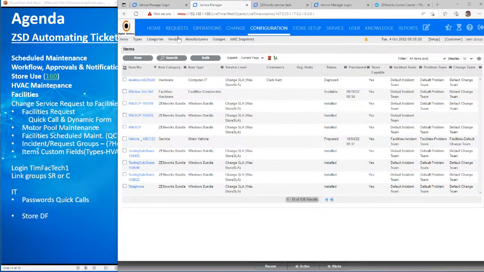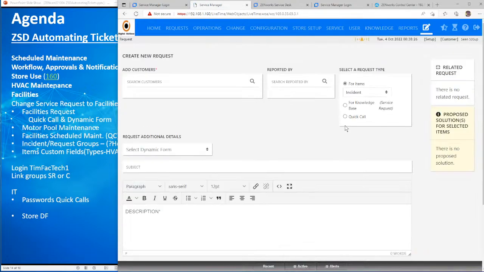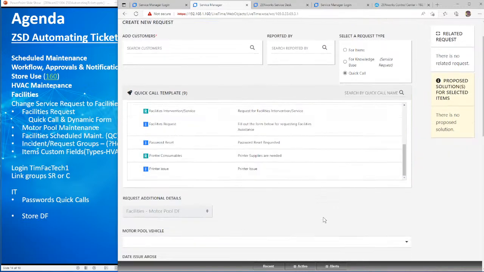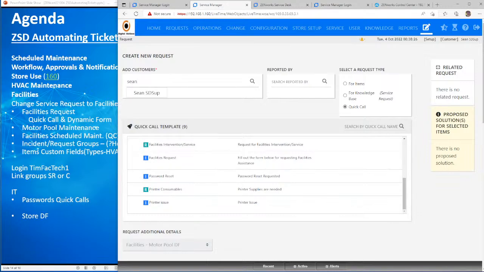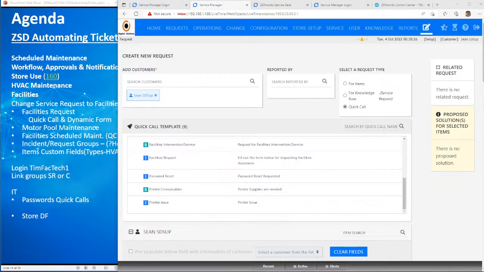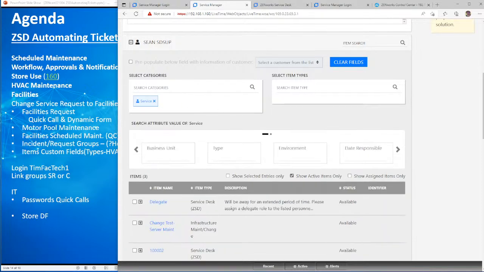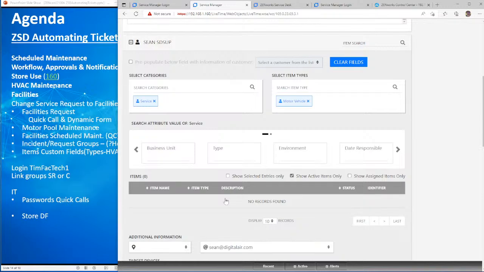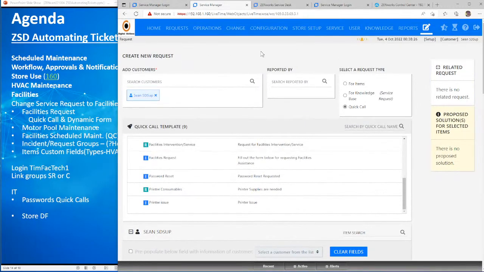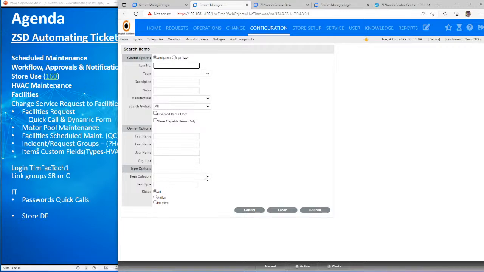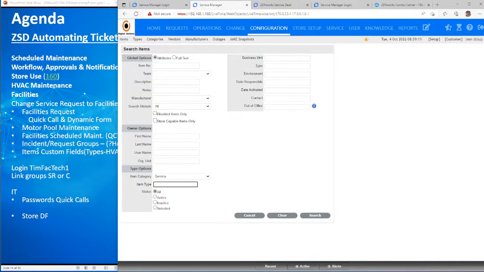Now we should be able to go to creating a new ticket, quick call, motor vehicle request. Okay. We're going to say it's Sean's vehicle. All right. And we will then pick a category, vehicle. Oh, it's going to be service, motor vehicle. Oh no, I don't have it in. One thing about creating a new, and I do this every time, is search item category is vehicle, service, item type, vehicle,